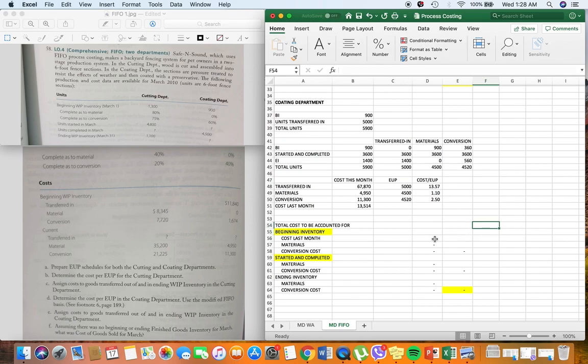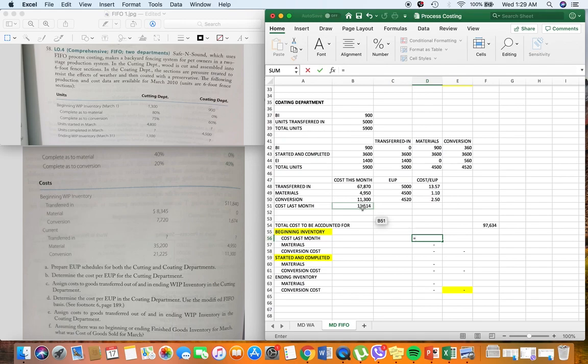Okay. So, the total cost to be accounted for is the sum of the cost last month, cost this month for conversion, materials, and transferred in. So, we have a total of 97,634. Okay? And then, syempre, we have to assign cost, diba? We have to assign cost to our beginning inventory units using our EUP schedule here. Okay? But first, we have to